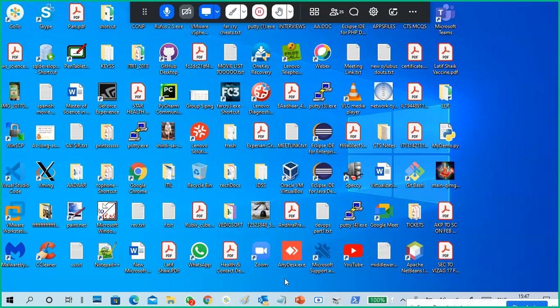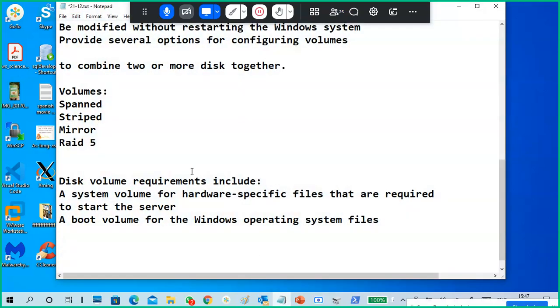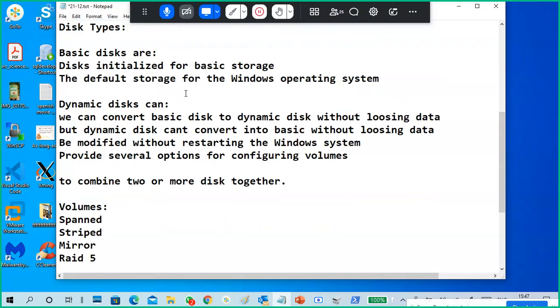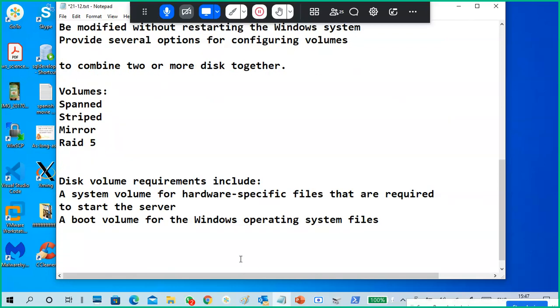You can create a partition, and store an operating system, applications, and regular data in it. And why do we need a dynamic disk? To create volumes by combining two or more disks together, we need to convert the basic disk into a dynamic disk. It's just a type, like your MBR or GPT type.